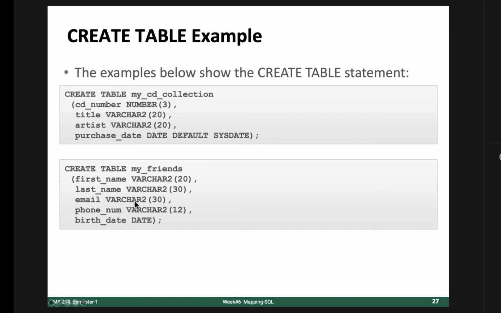We have one data type, character. Why are we not using character only? Because with character only, it will fix 20 characters for email, but varchar is variable. It will keep expanding as long as we add more characters. So that's why varchar is better: it's not fixed, but we have an upper limit. We have to say this attribute would have a maximum of 30 characters in email address. Then phone number and then birth date.